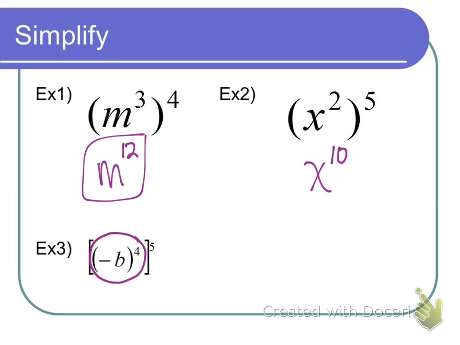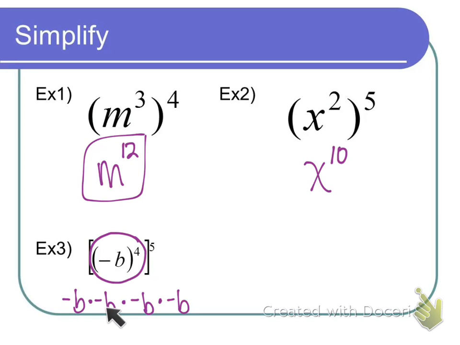Okay, so let's first just take a look at what that means. Negative b times negative b times negative b times negative b. Now from our warm-ups, you might have an idea of what that's going to come out to be. Do we think it would come out to be positive or negative? Positive, good,